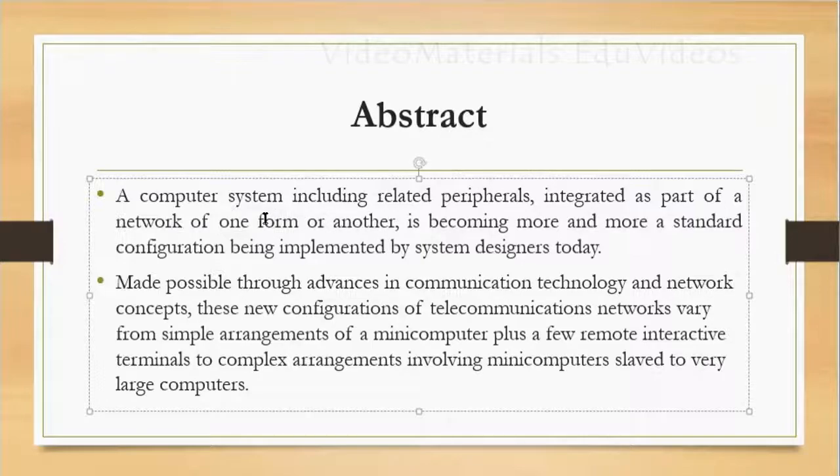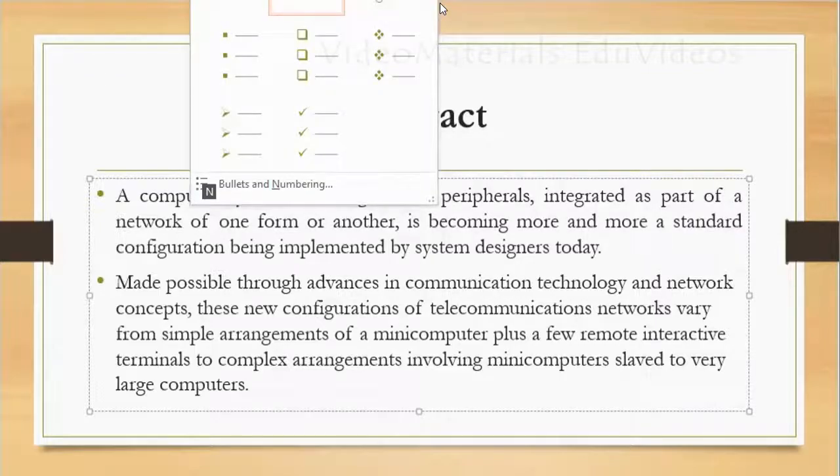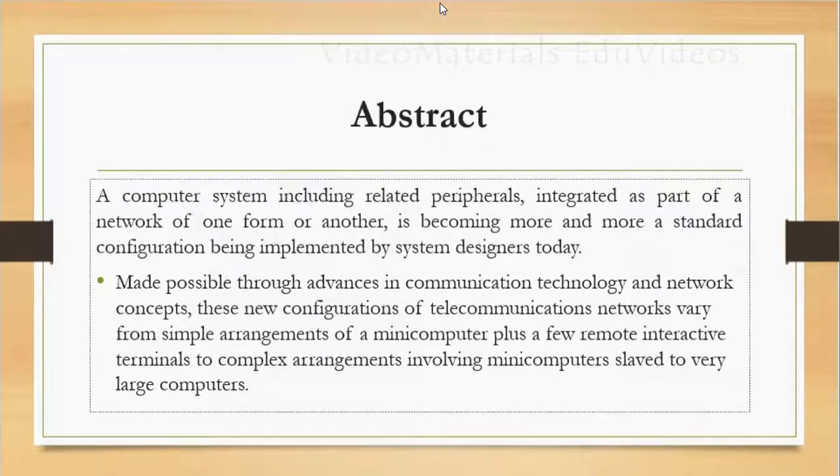If we don't want the content to be displayed in the form of bullets, we can remove the bullets just by unselecting the bullets in the Home menu. For that we can also use the shortcut Alt H, press the alphabet Q, use the left arrow and press Enter, so that it will remove the bullet. And we can create a paragraph by providing some tab space at the beginning of the paragraph.